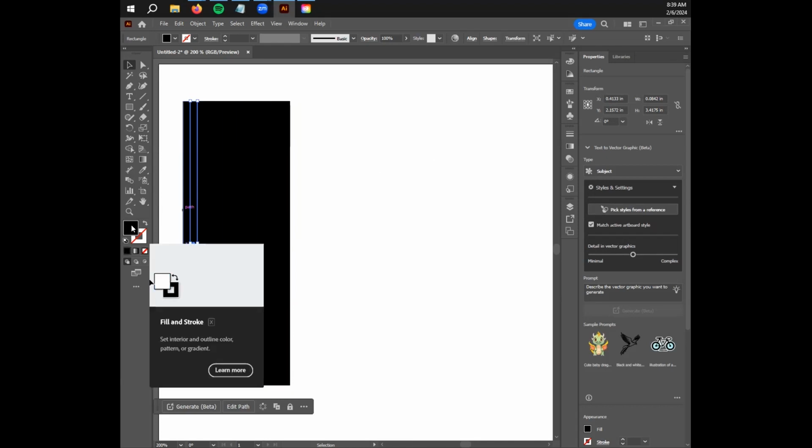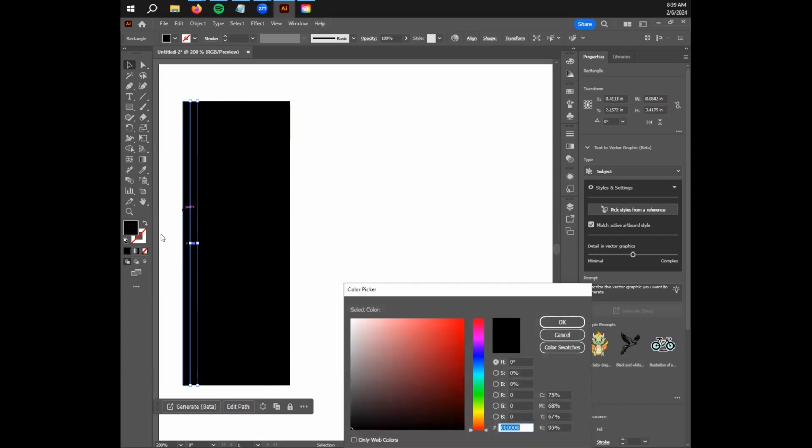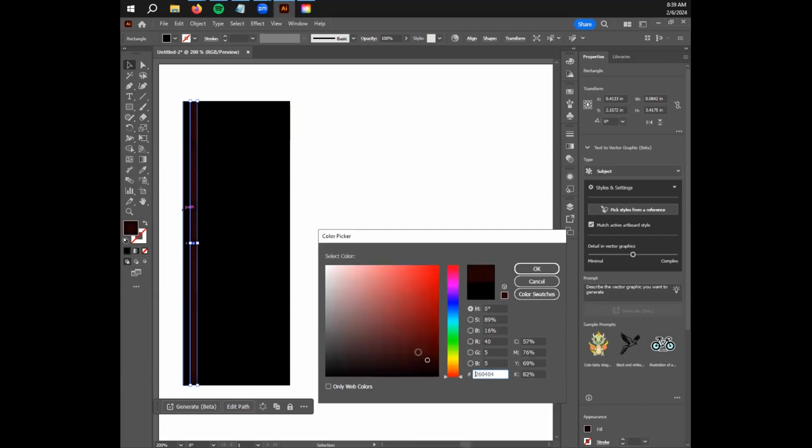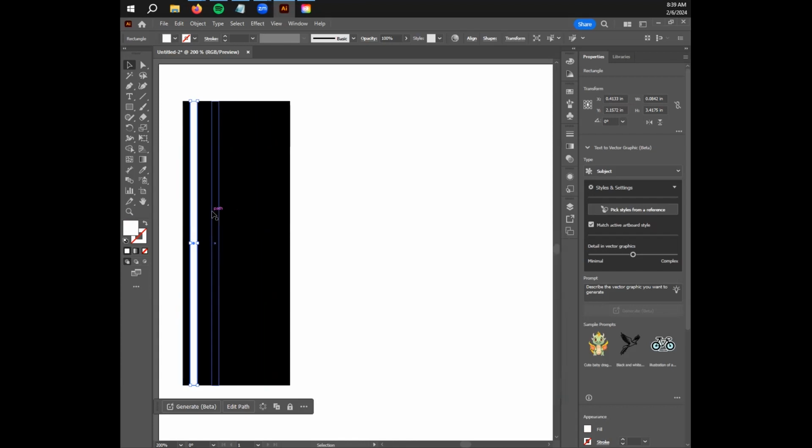Press X on your keyboard to bring your fill box forward. Double click on that fill box to get your color picker, and then click and drag the little puck into the top left corner to set it to white, like this. Then click OK once you've done that, and you're going to repeat that process for every other